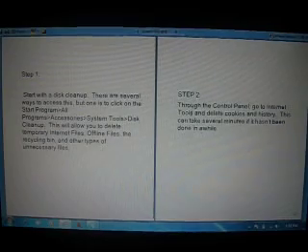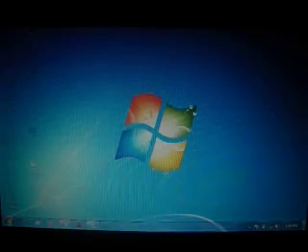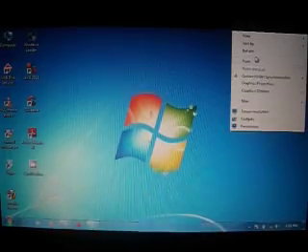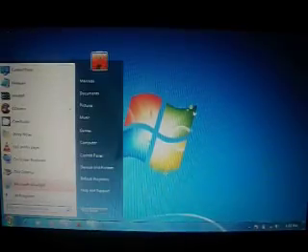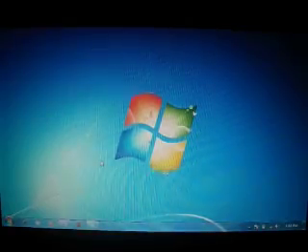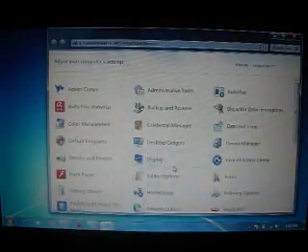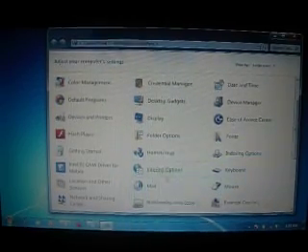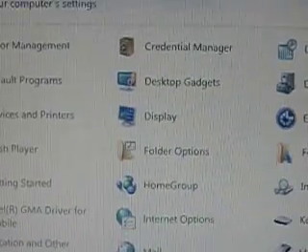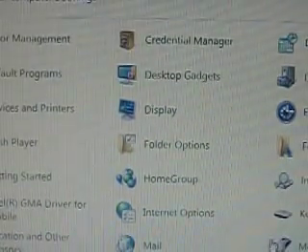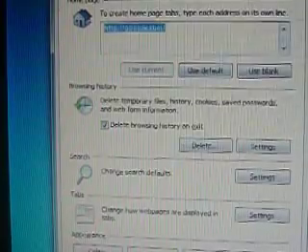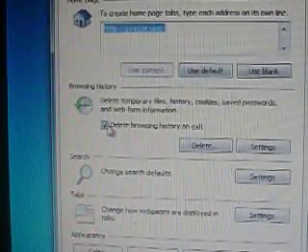Now step 2. Go to Control Panel and click Internet Options. Just click and you can delete. Check the box